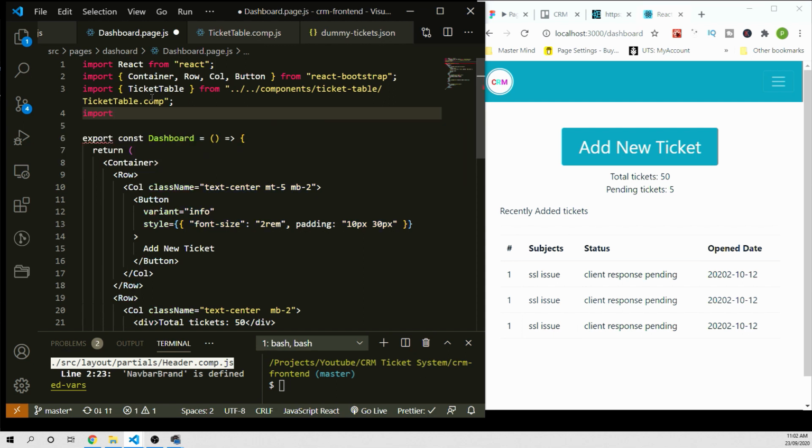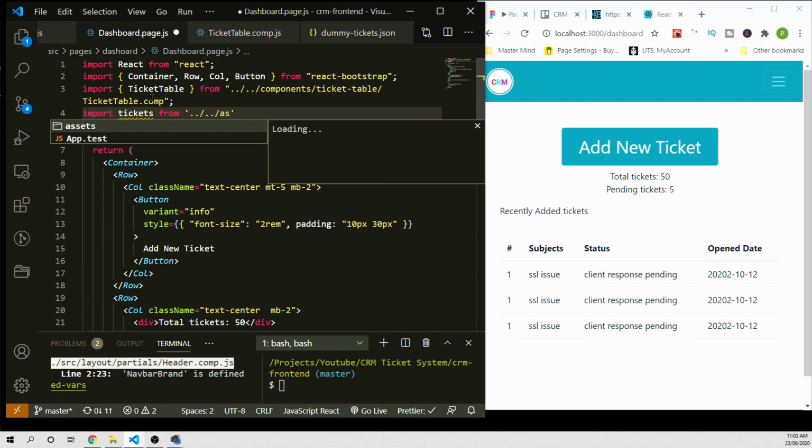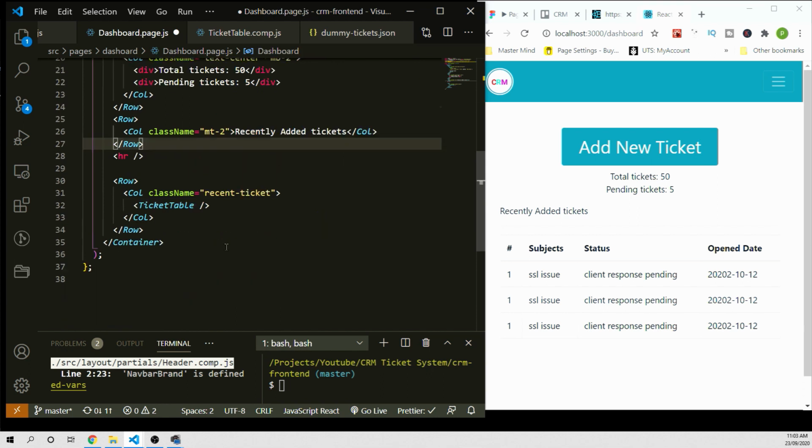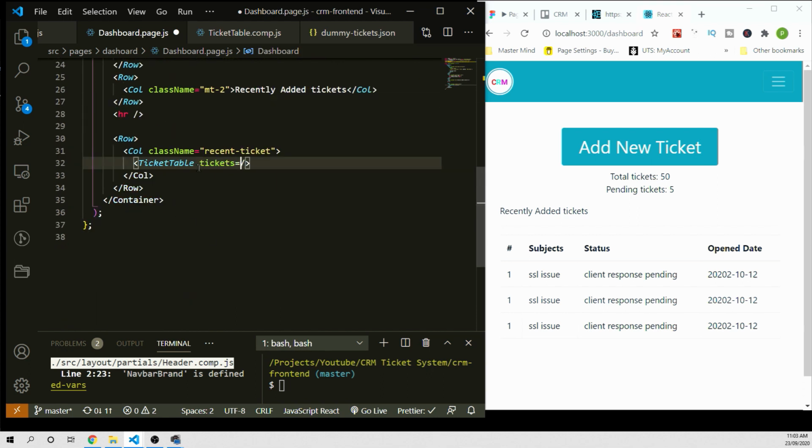Import tickets from, let's provide the path to your dummy ticket. So that's in assets and inside data, and the file name is dummy ticket.json, and we just pass this ticket as a props to our table, and let's receive the ticket in our table,